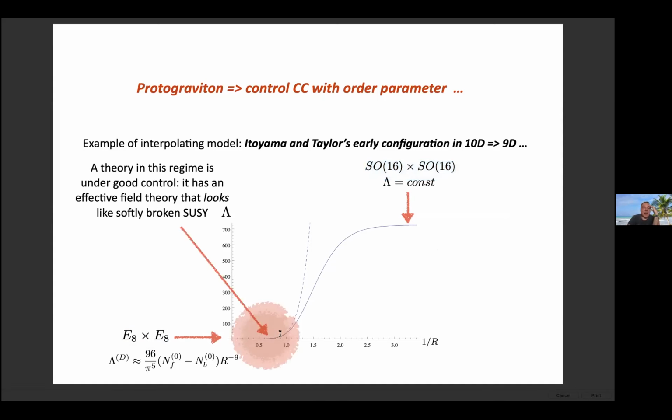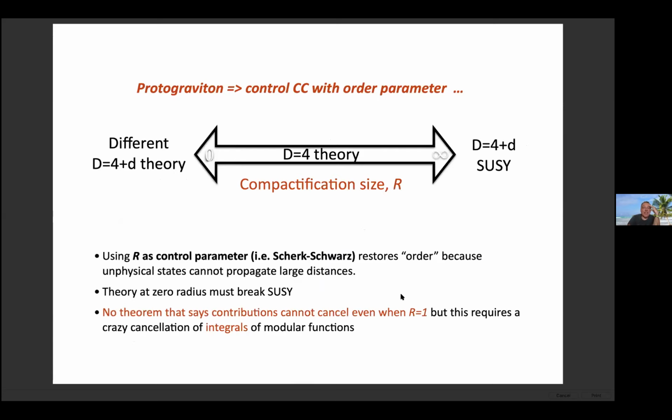And what happens is, if you take this general configuration and look around here, you find a theory which looks like softly broken supersymmetry. I italicized the word looks because the thing I have to struggle to define is what I mean by softly broken. If I look at the ultraviolet of this theory, it's actually completely non-supersymmetric, but I can write an effective theory which looks a bit like it, a softly broken SUSY theory. Right, okay, so this is the general configuration which you can use to do some phenomenology.